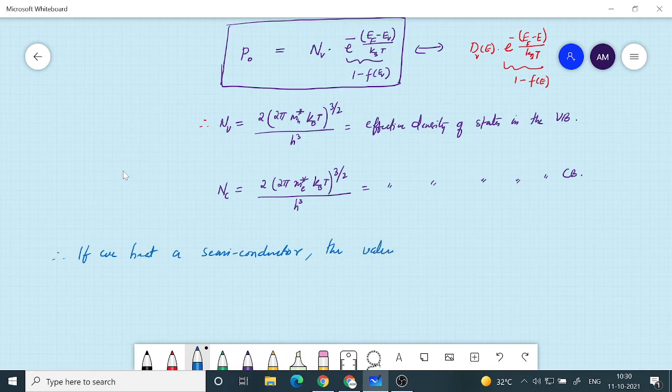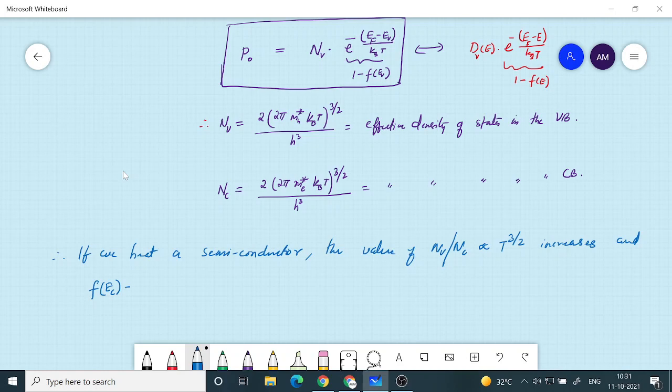The value of Nv or Nc, which is proportional to T raised to 3 by 2, increases. And the other thing that is going to happen is the exponential,